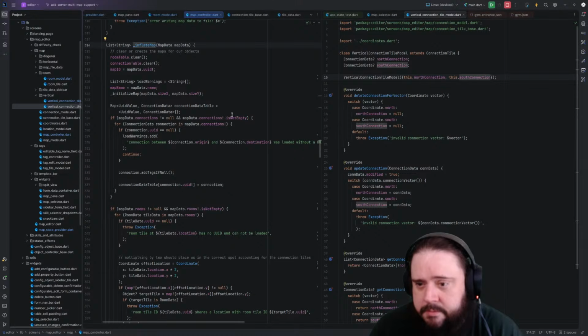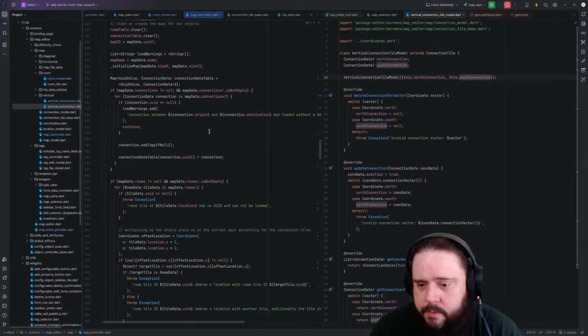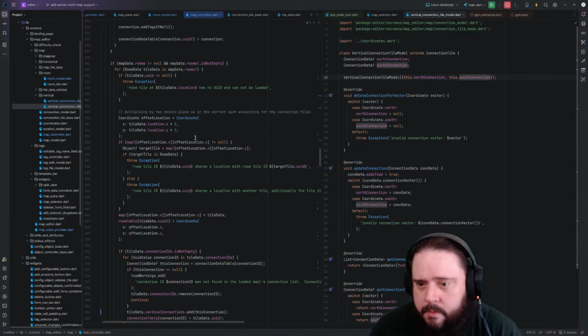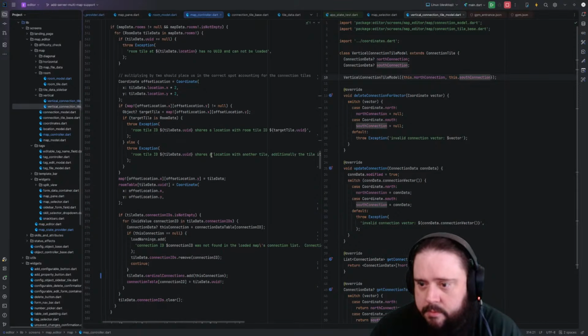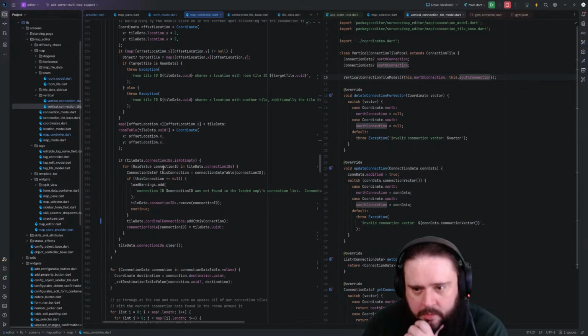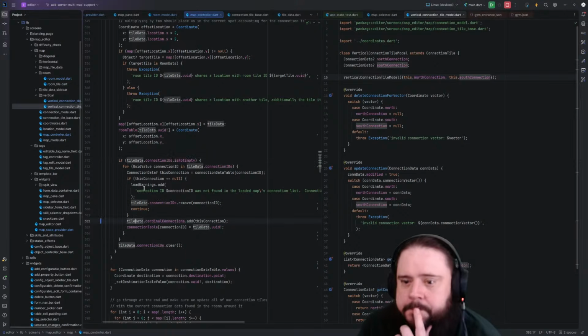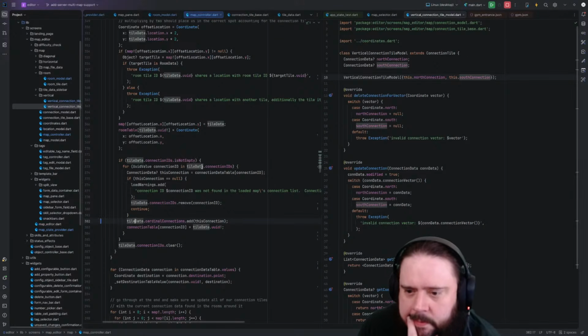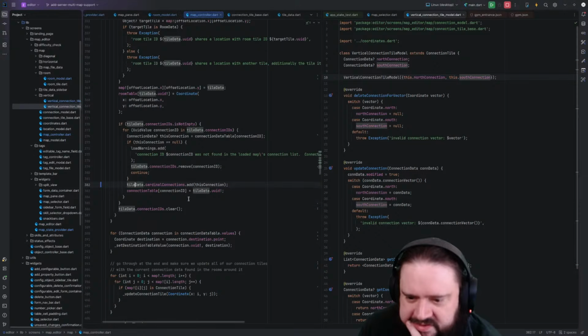Inflate map. XY. Tile data. Connection ID is not empty. Cardinal connections add. Because we were just dumping them in there, but